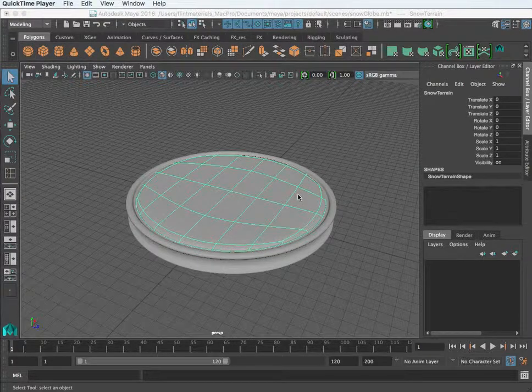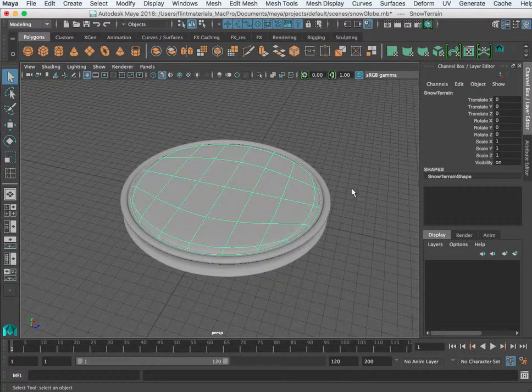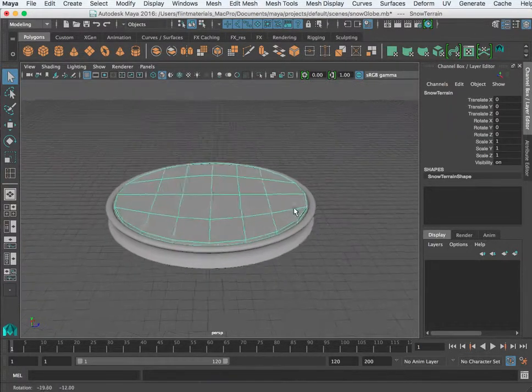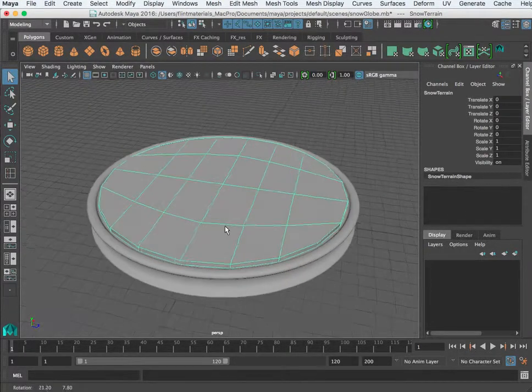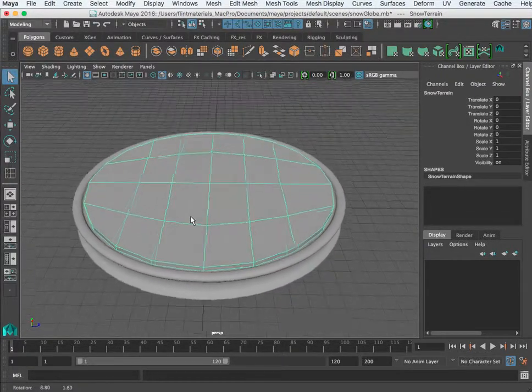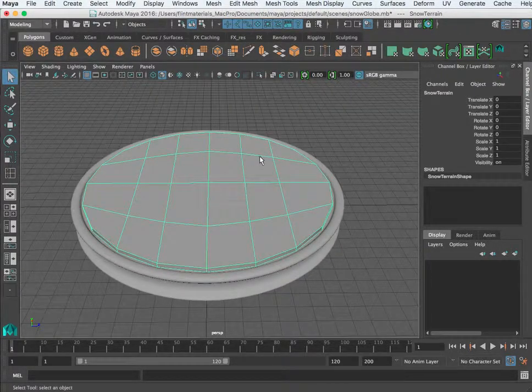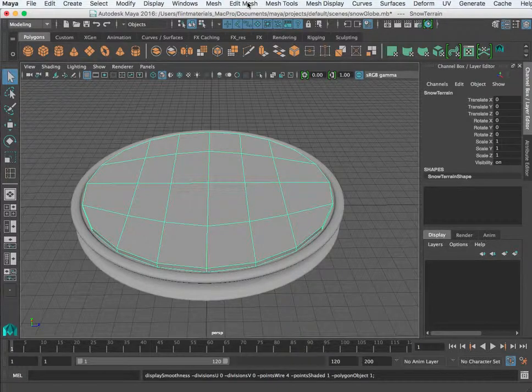Alright, so that's smoothing. The next thing that we need to do before we move on is to give ourselves some more geometry for our terrain here, because we will be sculpting and this is not a very dense mesh. This would be a good time to show you just how we hit 3 and got a smoother version from the smooth mesh preview. There's also a tool that will actually smooth an object by creating denser geometry, and that's